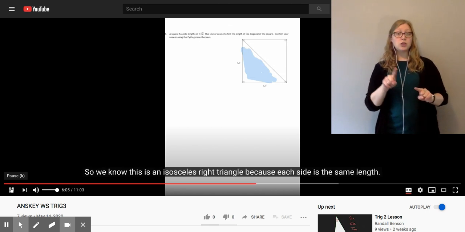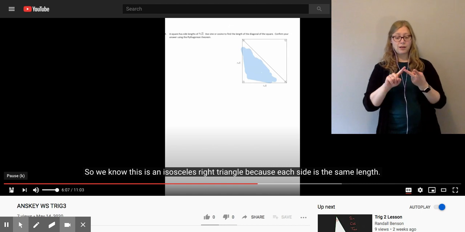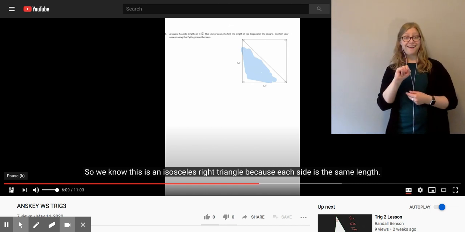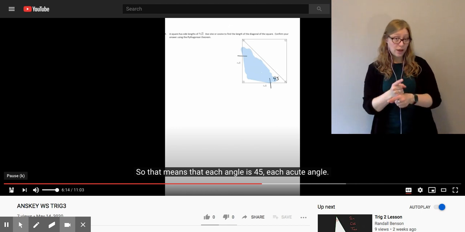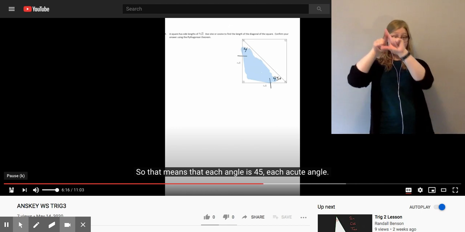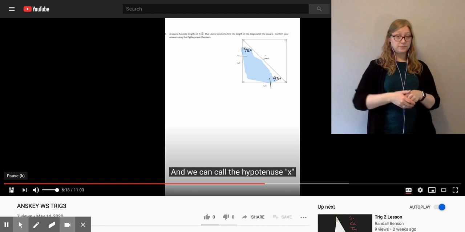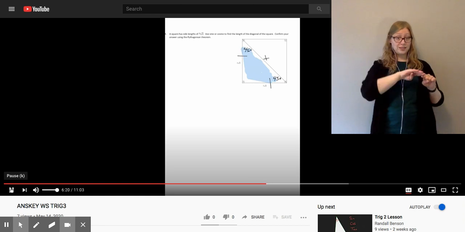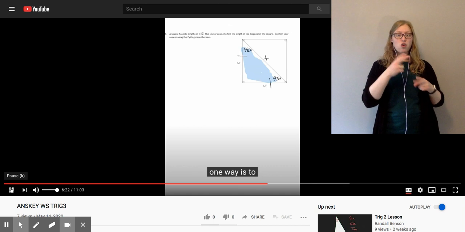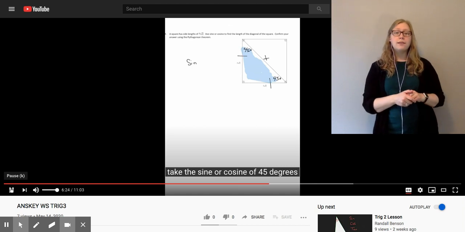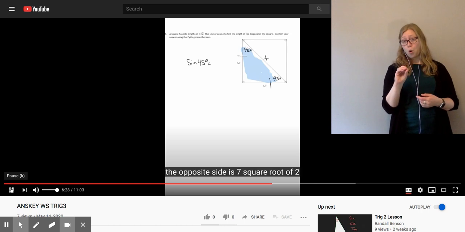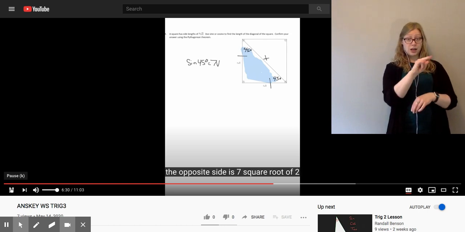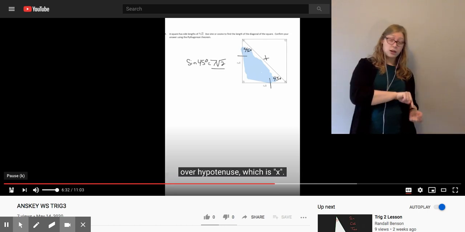So we know this is an isosceles right triangle because each side is the same length. So that means that each angle is 45, each acute angle. And we can call the hypotenuse x. So one way is to take the sine or cosine of 45 degrees. And that is, if I'm using sine, the opposite side is 7 square root of 2 over hypotenuse, which is